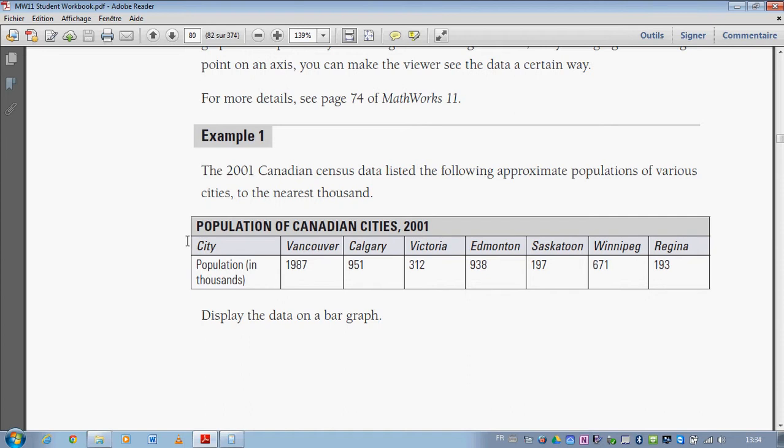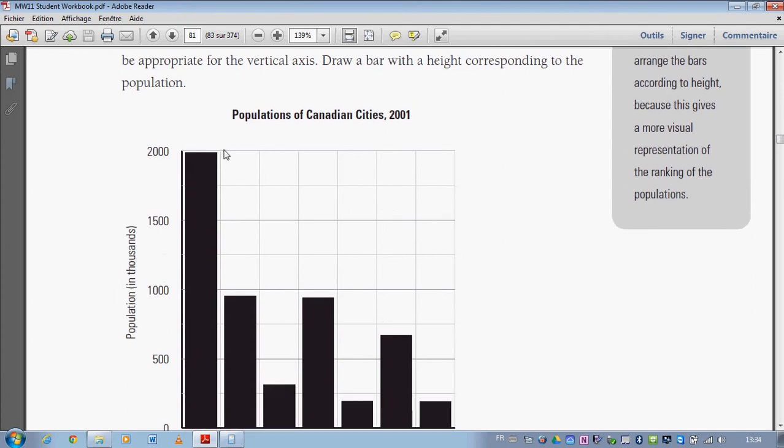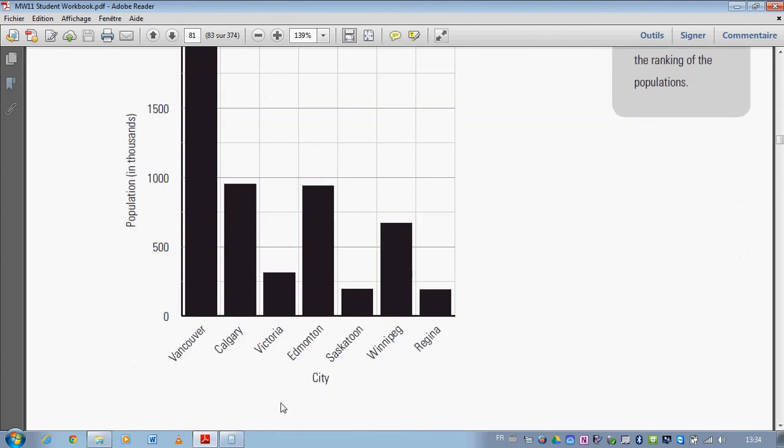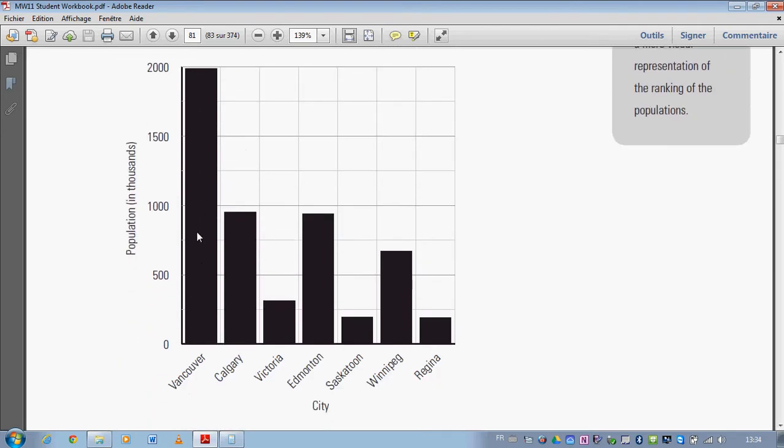Your independent variable would be the city, so Vancouver, Calgary, Victoria, and your dependent value, the value that you're measuring, would be the population. Okay, so setting that up on a bar graph, you've got the title, the independent variable, which is city, the dependent variable, and there you go. So you just set it up. Make sure that you do put spaces between each